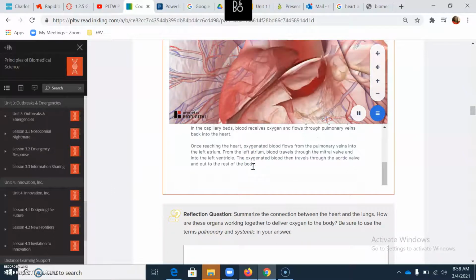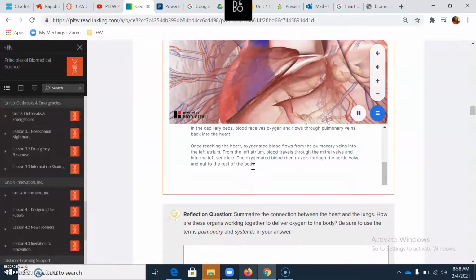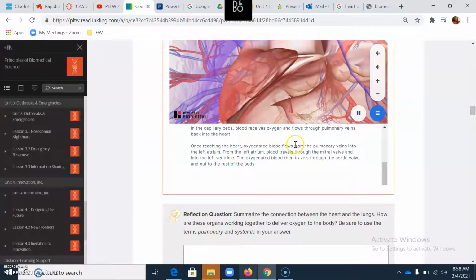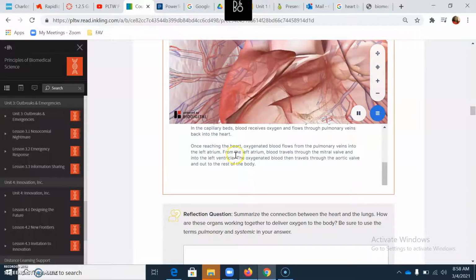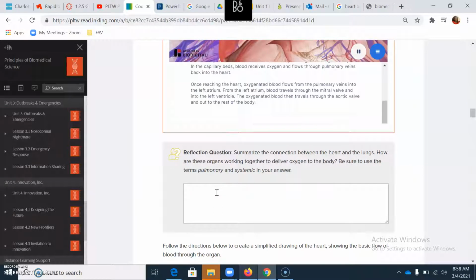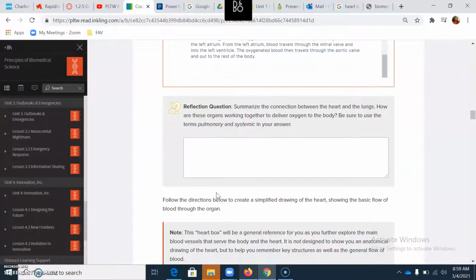So once reaching the heart, oxygenated blood flows through the pulmonary veins into the left atrium. From the left atrium, blood travels through the mitral valve and into the left ventricle. The oxygenated blood travels through the aortic valve and out to the rest of the body. So it's literally like a circulatory process, which is important because you have to know how the heart and the